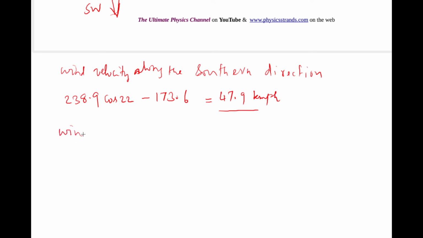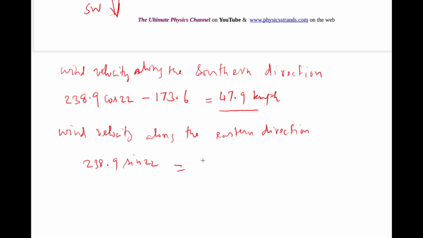Similarly, wind velocity along the eastern direction. The flight has no component in that direction, so along this direction it is easily 238.9 sin 22, and that is equal to 89.5 kilometers per hour. So these are the two components of the velocity. So the resultant wind velocity